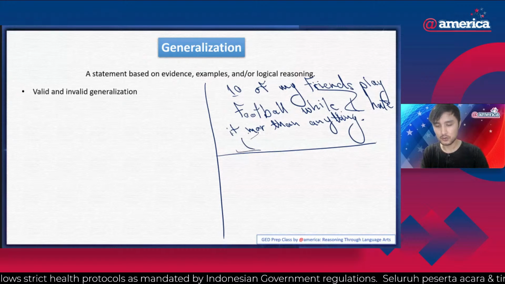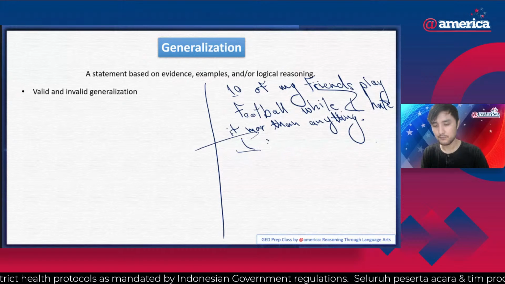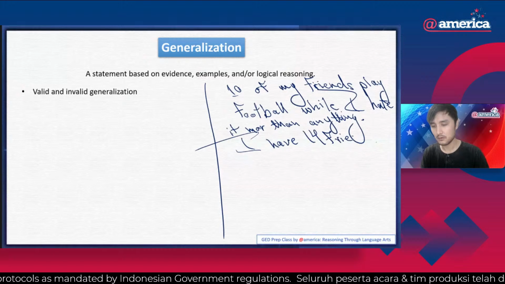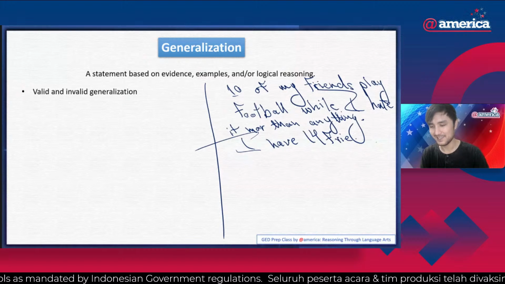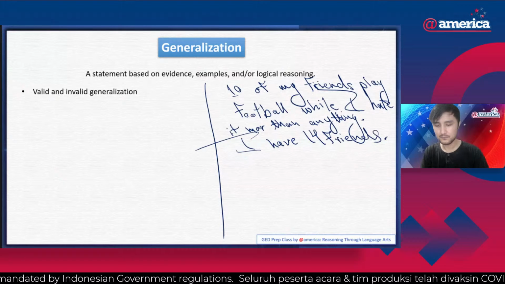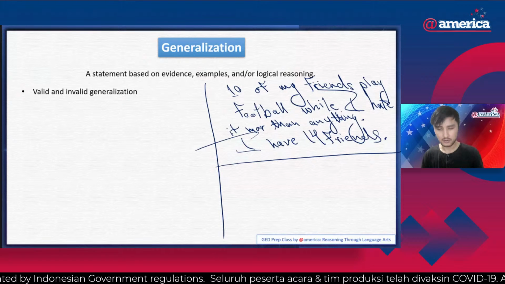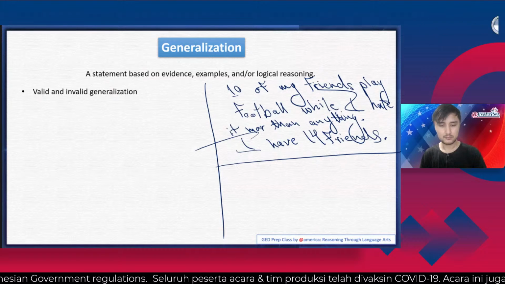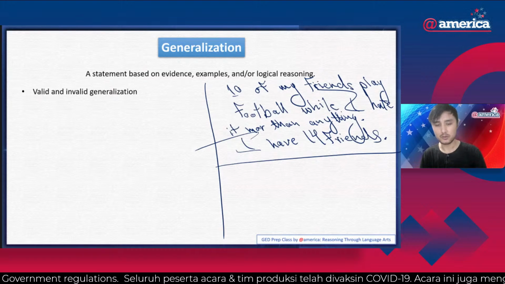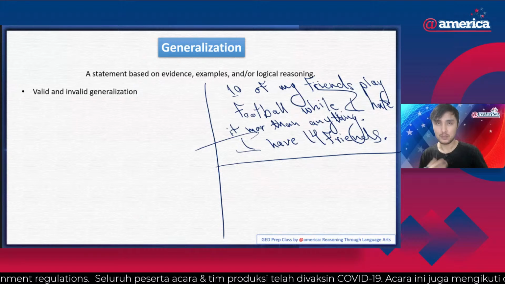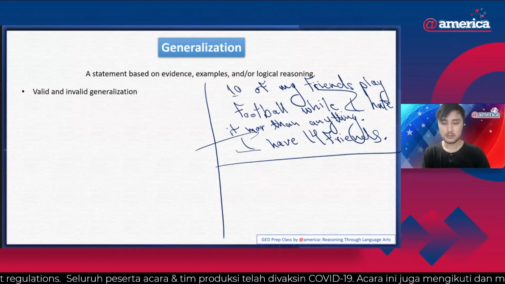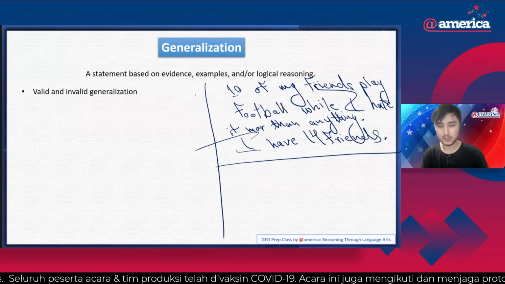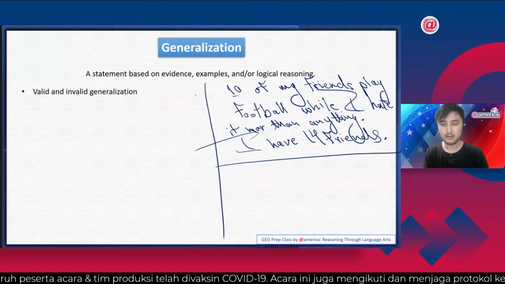And then this person goes on to talk about, let's say, 14 friends. Okay, you read this statement, or let's say this is the main idea of a really long passage. Then the generalization or the statement that you can make, based on the evidence provided, or based on the main idea or the whole passage, based on the evidence or examples and all, then you can say that